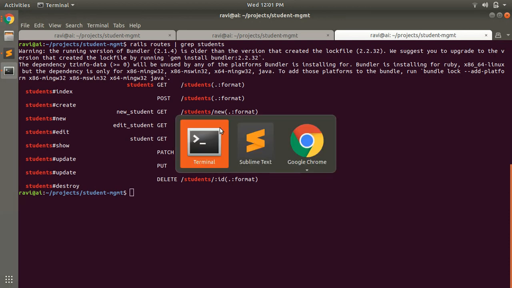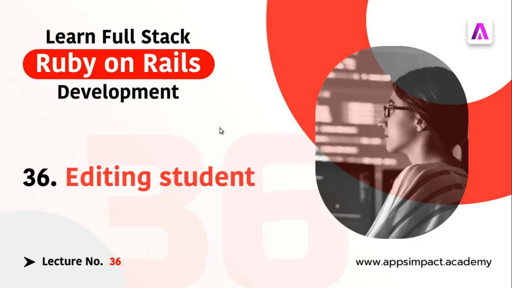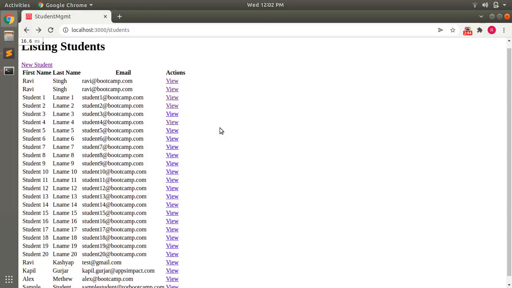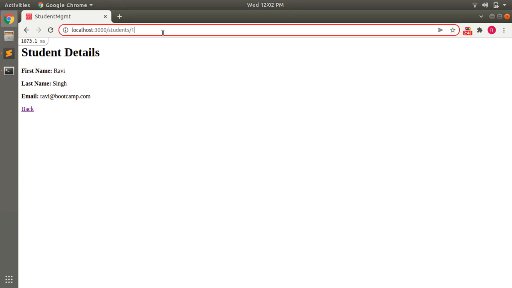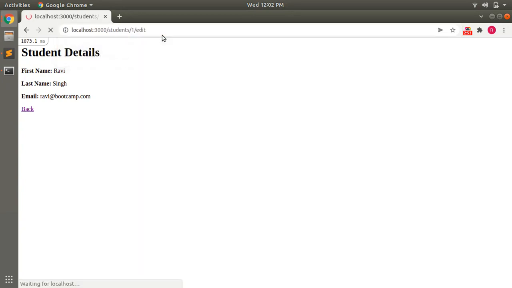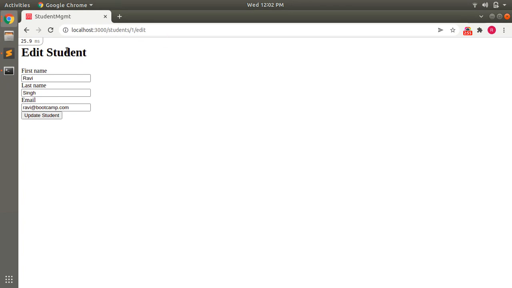So for now, let's open the browser, come to your student resource and click on any student. Now type slash edit into the URL, and you can see that the form has opened here, showing the already existing information.